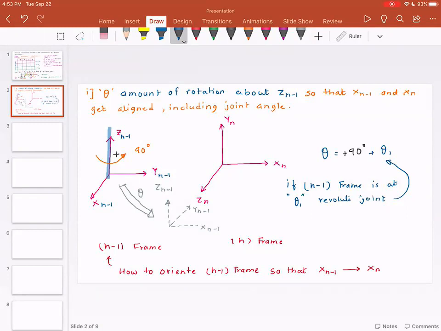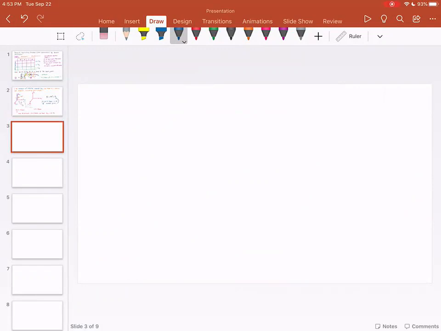So when you are trying to align, you want to align the previous frame to the current frame. Everyone clear about this rule? I'm looking at the chat window, in case you need me to explain, because there are 4 rules, and once you understand those rules, finding the homogeneous transformation using DH parameters is very straightforward. Okay, no questions. So I'm going to go for the second rule. The second rule is, how do we find alpha? Alpha is also twist or rotation. Alpha is the amount of rotation